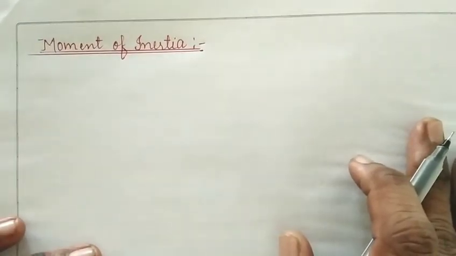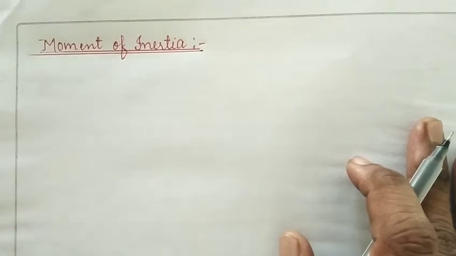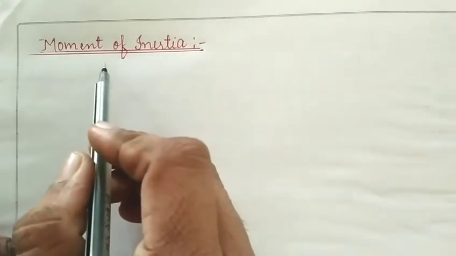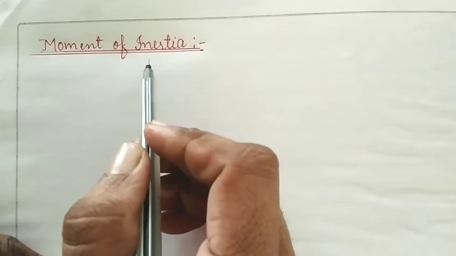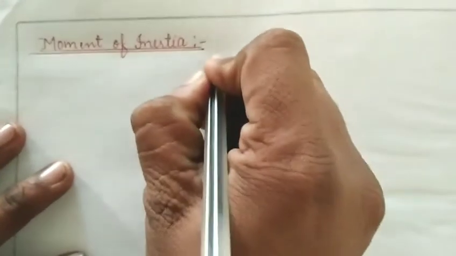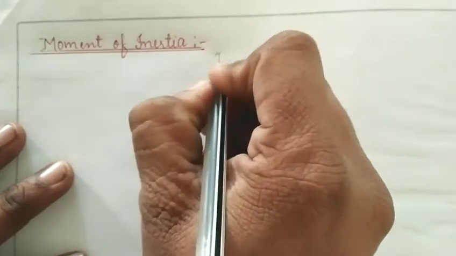Inertia can be defined as the property or the inability with which a body opposes any change in its state of rest or motion. So how can we define the moment of inertia of a rigid body? We can define that the moment of inertia is the property